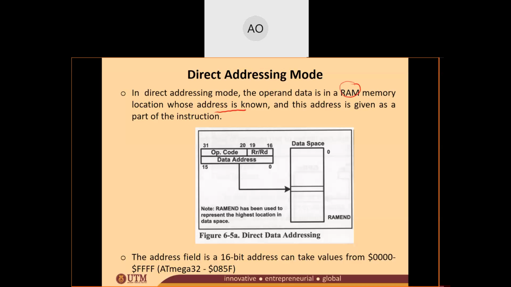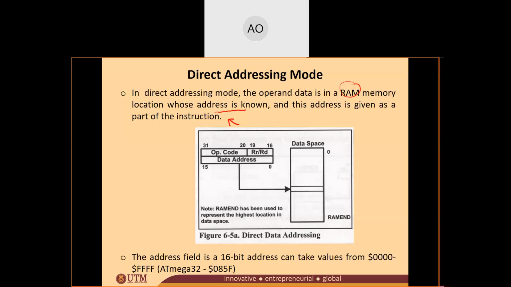This address is given as a part of the instruction. The address field is a 16-bit address, which can take a value from 0000 to FFFF. But, okay, there is a but,